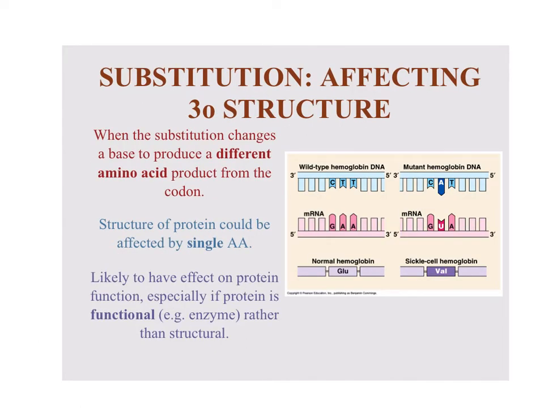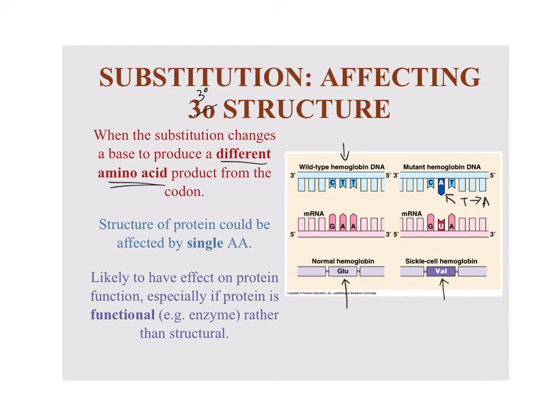The second type of example that we're going to look at for the substitution mutation is where we're affecting our tertiary structure. This is when the substitution produces a different amino acid from the codon. You can see here that we've got the standard hemoglobin DNA sequence, just a section of it, CTT, and that's going to go on to produce a glutamate amino acid. But if we've got this point mutation where the T has been swapped for an A, you can see that